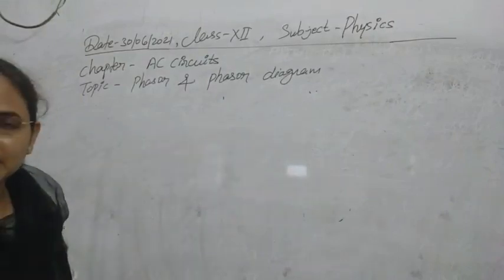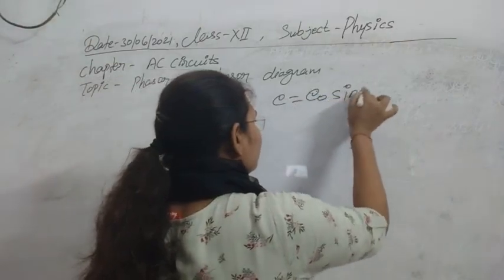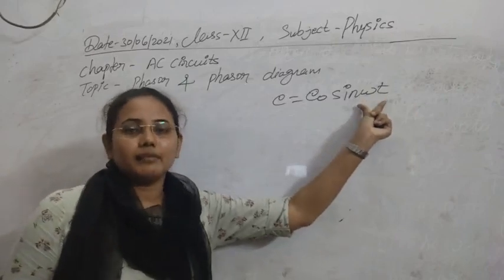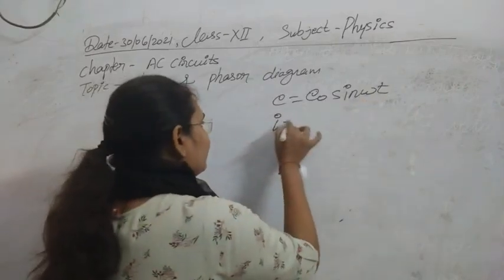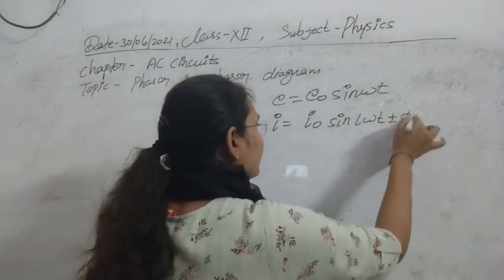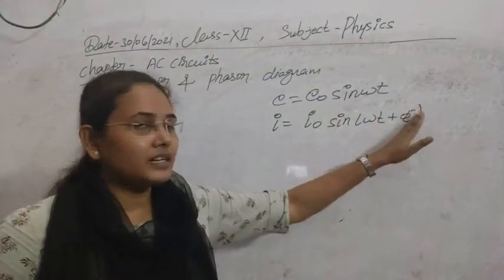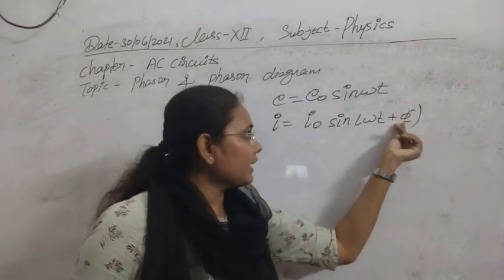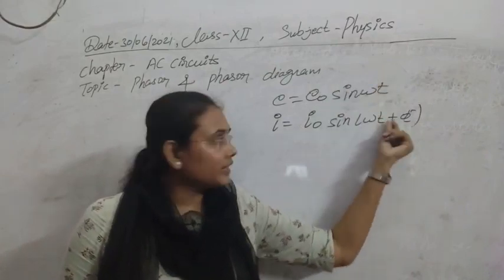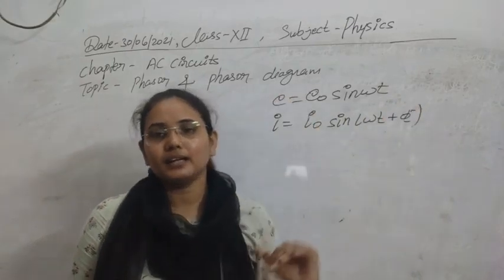Generally, if you have to represent alternating voltage and current, we can represent it by the formula. So this is E0 sin omega t, at any instant t the rotation of the alternating EMF, that is omega t. And for the current we can write I0 sin(omega t plus or minus phi), or simply phi we can also write here. So this phi is representing the phase here. If plus, then it means that the current will be ahead of the voltage. If negative sign, it is lagging the voltage. If it is 0, then both are in the same phase.